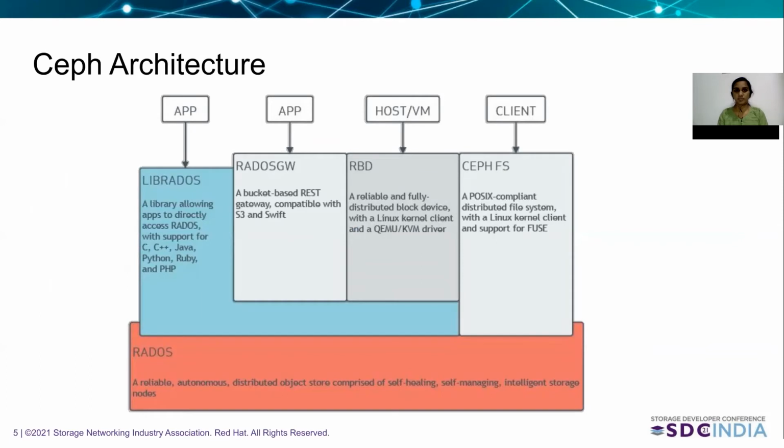Ceph exposes a library called Librados. It exposes a unified system through this library, using which one can access Ceph storage as either a file store, a block store, or an object store. The key storage layer here is called RADOS, which stands for Reliable Autonomous Distributed Object Store. It is responsible for storing data at the backend, and it has the latest set of storage capabilities like redistribution of data, self-healing, self-management, and replication. Everything is done dynamically.